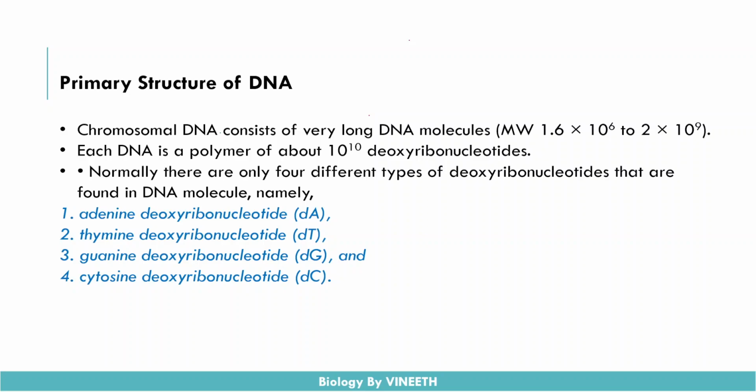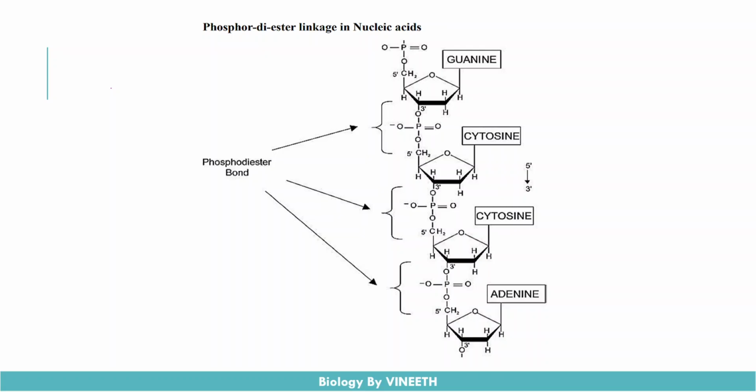And the chromosomal DNA consists of very long DNA molecules, approximately weighing about 1.6 into 10 to the power of 6 daltons to 2 into 10 to the power of 9 daltons. Each DNA polymer, the polynucleotide chain, contains about 10 to the power of 10 deoxyribonucleotides. These are the normal nucleotides which are present in the DNA. So this is the primary structure of the DNA, and this is how the structure of the DNA is formed,